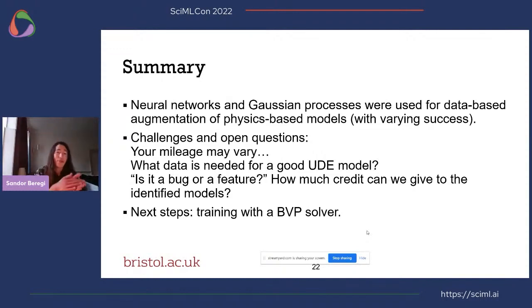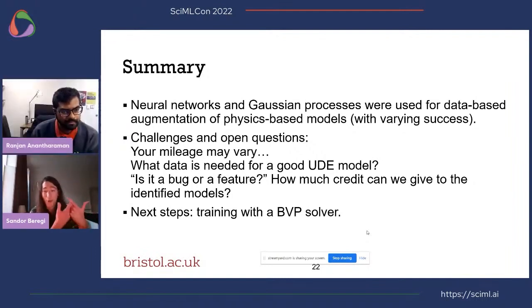If the difference between what the physics-based model can do and what we see in the experiment is small, then usually these models tend to work well. If the measured behavior is more complex, then we may have further difficulties, and the training procedure is often less robust. So my idea and concept to improve this